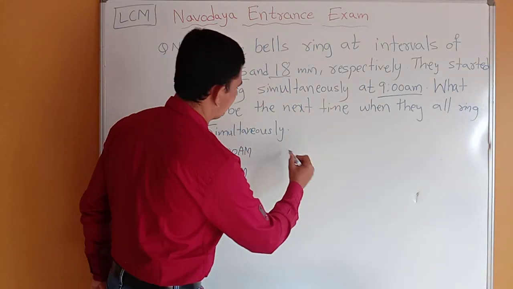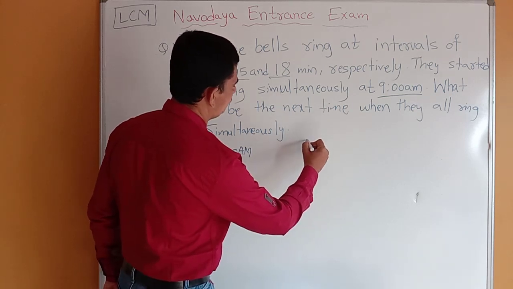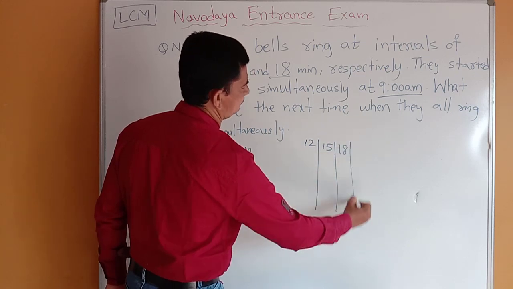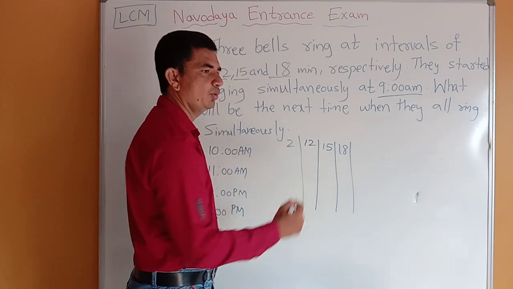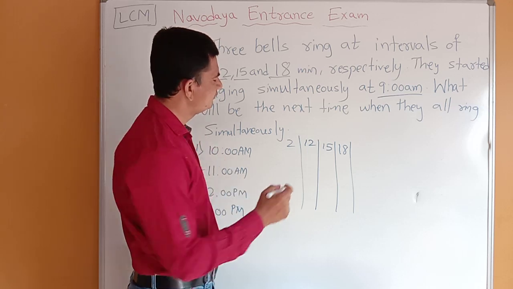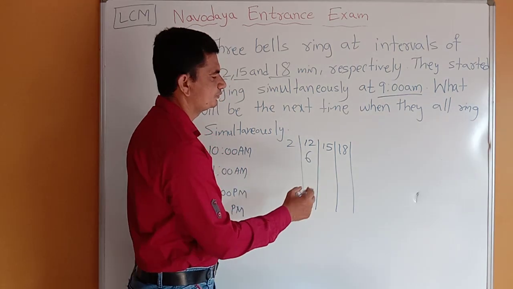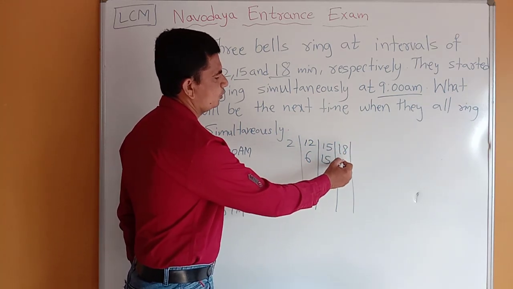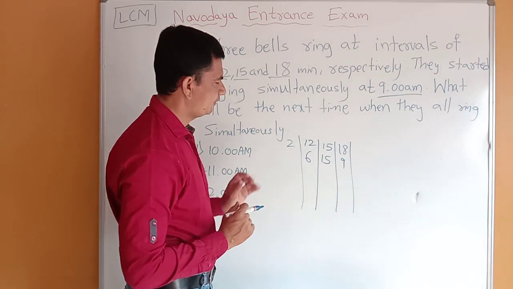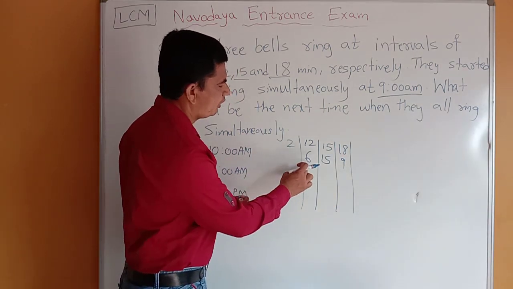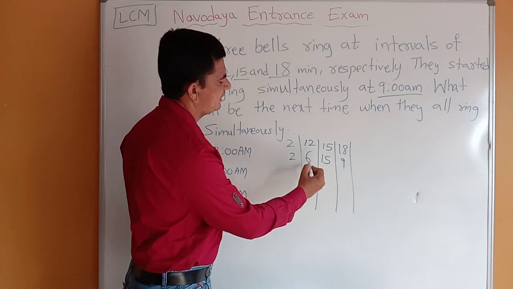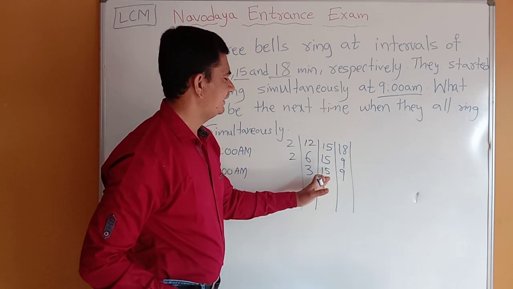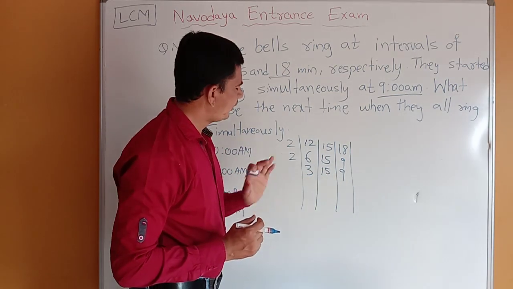So let us see. First we will find the LCM of 12, 15 and 18. Okay friends. As I told you, first we start with 2. 2 sixes are 12. In the 2 table there is no 15, so write it as it is. 2 nines are 18. Now again we can take 2 because one even number is there. 2 threes are 6, 15 as it is, 9 as it is, because 15 and 9 are not in the 2 table. So what number do we have to take next?